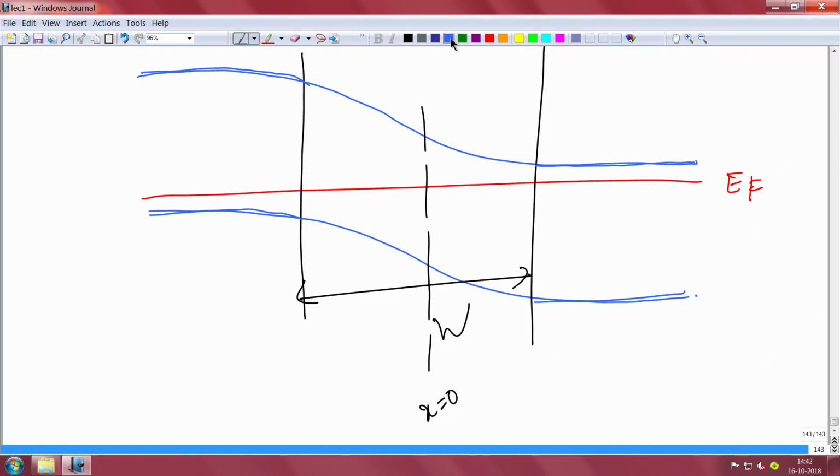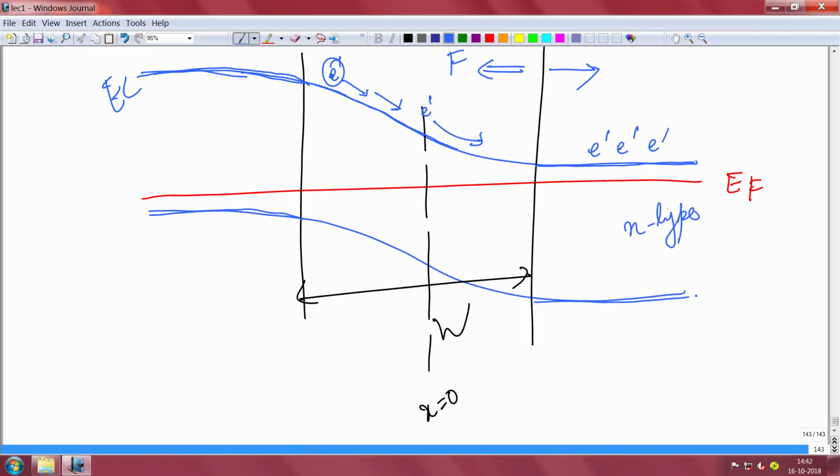Now, I told you, look at this conduction band. If you think of this as a cemented floor, and if you place a rolling ball here, which direction will it roll? It will roll this side, no. So, same thing, an electron here will basically try to move in this direction, which means the field is in this direction. Okay. If the field is in this direction, the force on the electron will be in this direction because it is negatively charged. So, whatever electrons are here in the n type region, there are many electrons here, they try to diffuse to the other side,